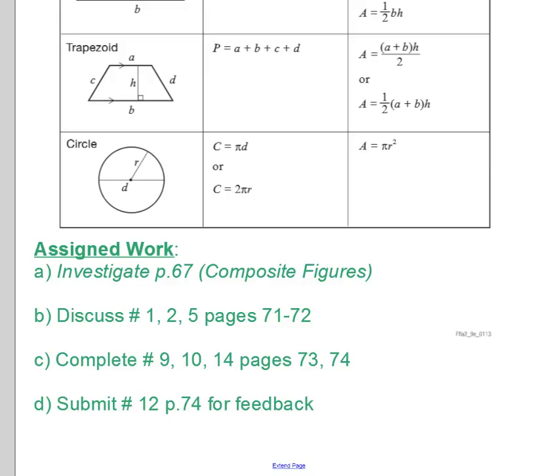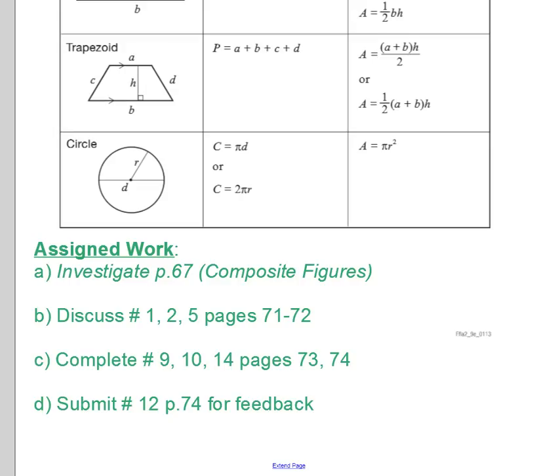Okay, so next time we meet in class, we'll be looking at some assigned work. There's a short little investigate on page 67, which you're going to be doing to start out. It's a simple composite figure made up of a semicircle, rectangle, and two trapezoids. You're going to be computing the area of this independently, then you're going to be trading solutions with a classmate to see how their approach compared to yours. With a partner, you can be discussing a couple questions just to see if you understand this idea of composite figures. And you can work on completion of 9, 10, 14,